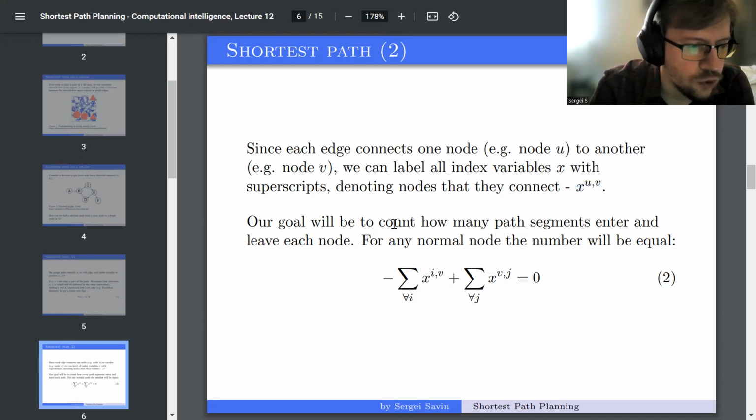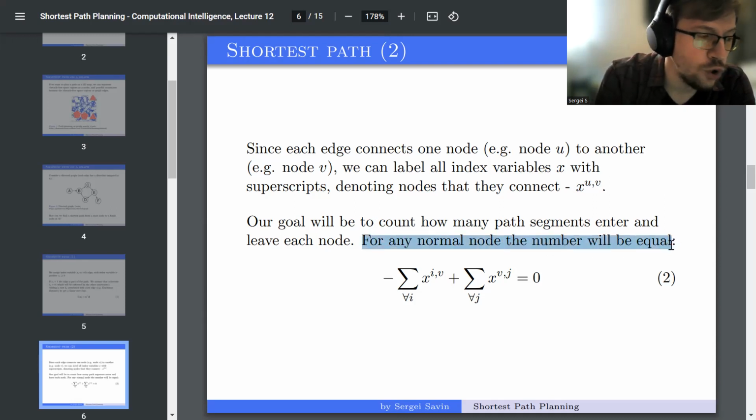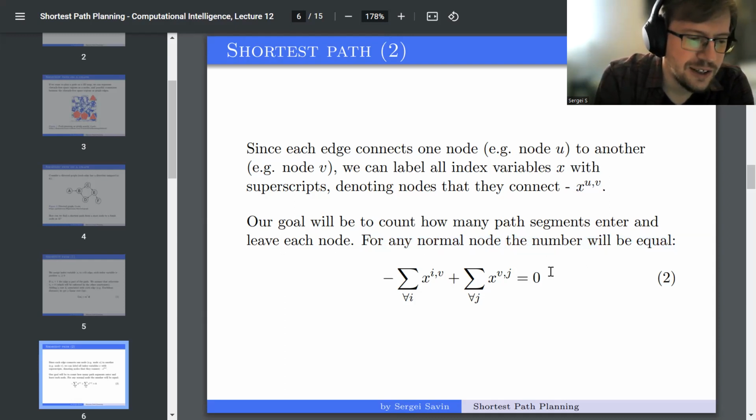Okay, so our goal will be to count how many path segments enter and leave each node. For a normal node, which is not a goal node or a starting node, the number of path segments that enter it and the number of path segments that leave it will be equal to one another. That is quite interesting. So we have, for all i, where for all means